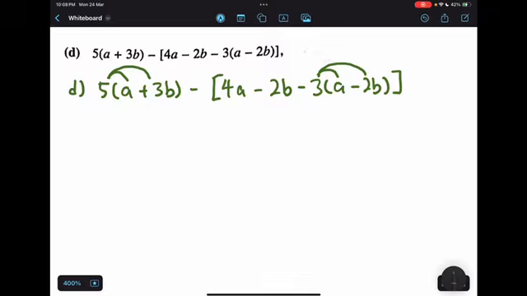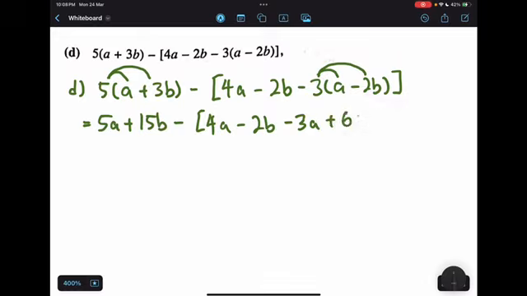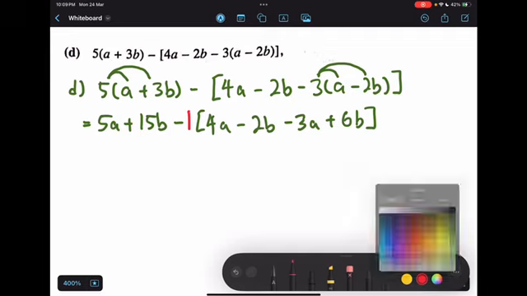brackets. Alright, so over here what I have would be 5a plus 15b minus 4a minus 2b, and negative 3 times a, that will give me negative 3a, and negative 3 times negative 2b, that will give me positive 6b. And there goes my round brackets. I can see that I still have a square bracket, but what I have in front of the square bracket is a negative 1. So what I want to say is that there is an invisible 1 right in front